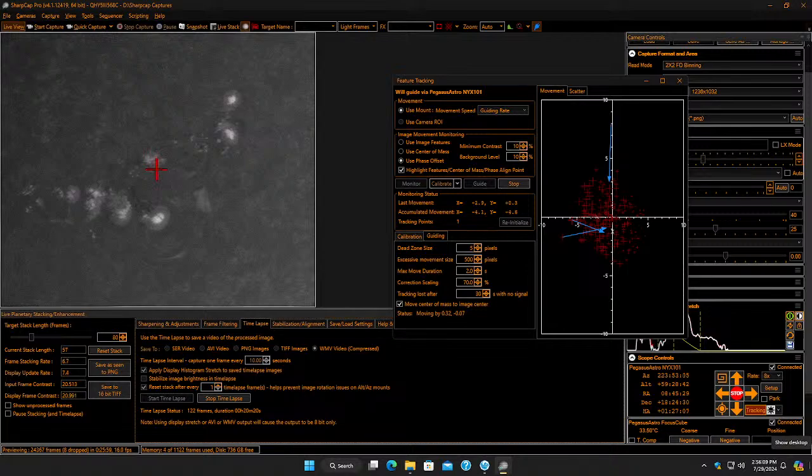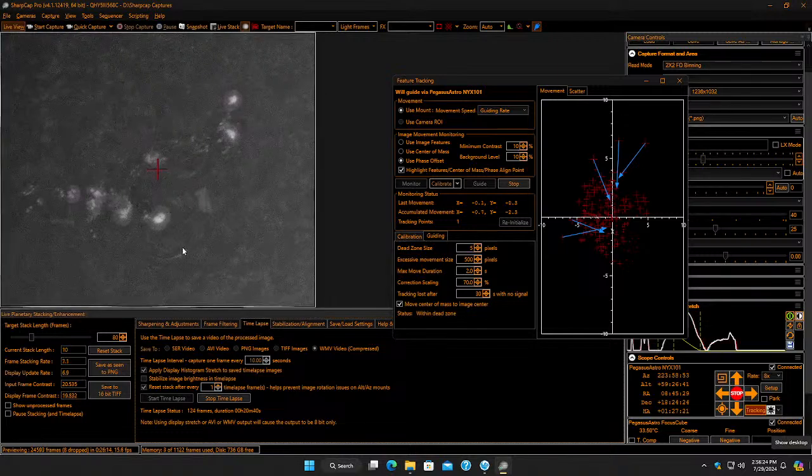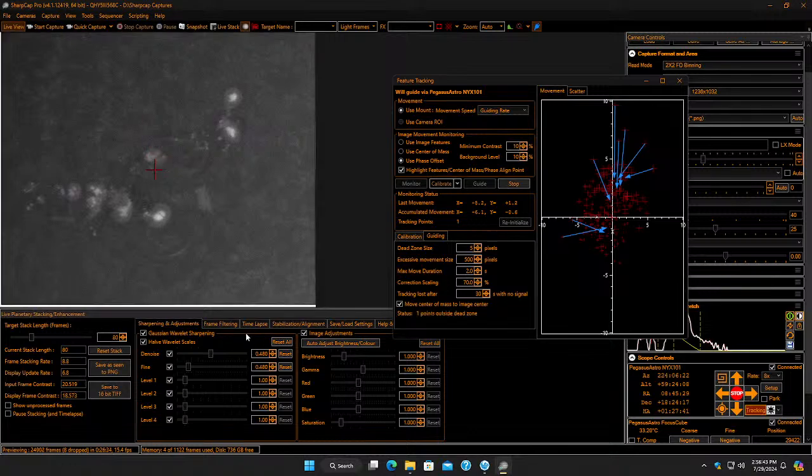So we have about 20 minutes. You can already see that this area right in here is starting to do something, because this looks like new. So I don't know if this filament is starting to change. And what also helps with the stacking is